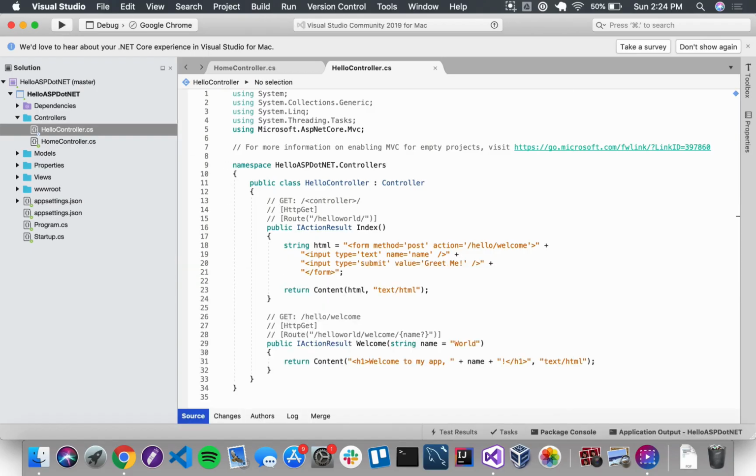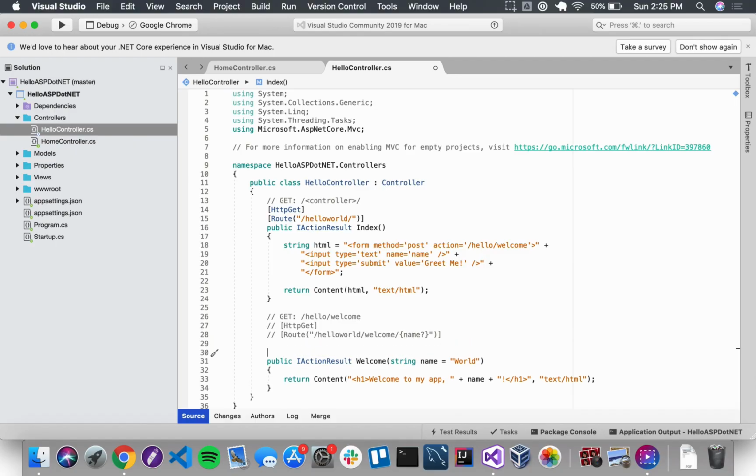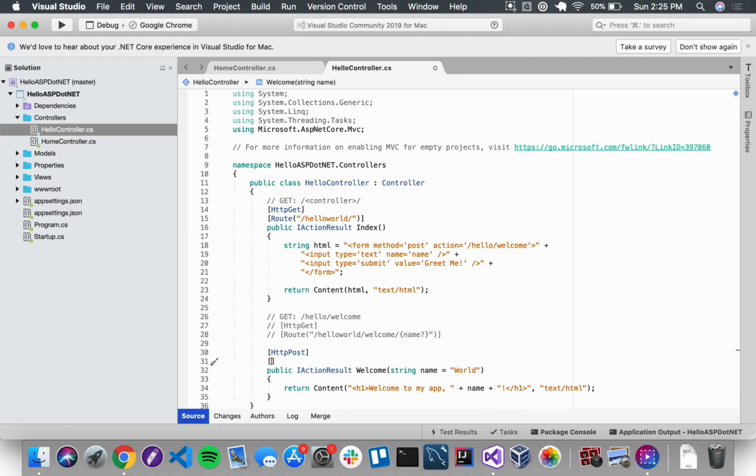For the index method, I'm just going to take those comments off those attributes. I want it to respond to GET requests, and I want it to respond to GET requests at the route localhost 5001 /helloworld. Now, we want to make sure that welcome is responding to post requests. So instead of using that HTTP GET attribute, we're going to use HTTP post. There it is, and we're going to give it that route /helloworld